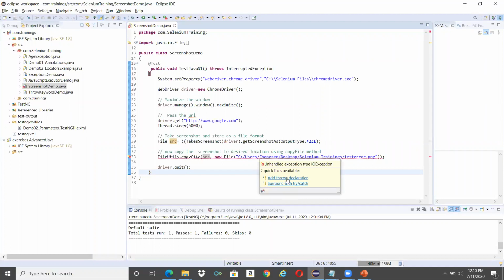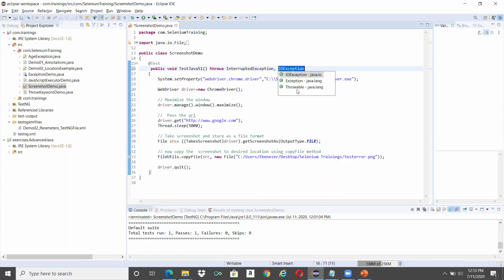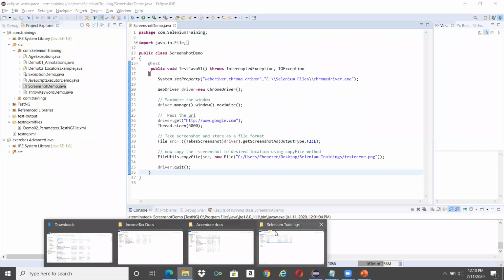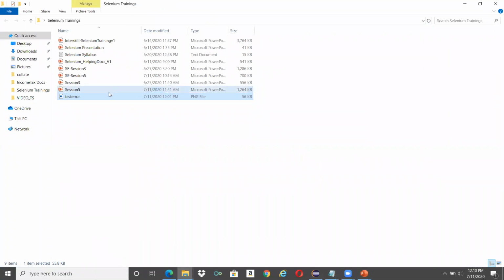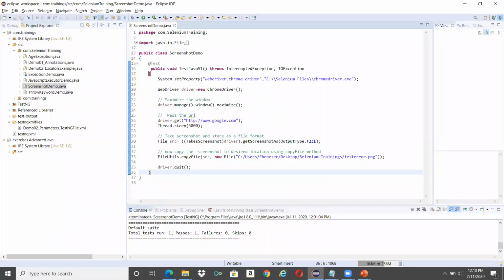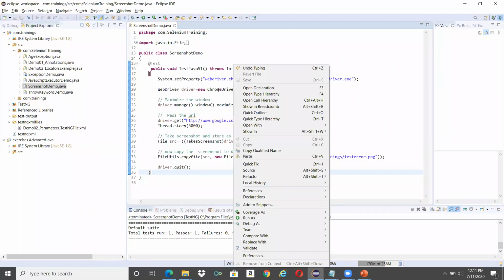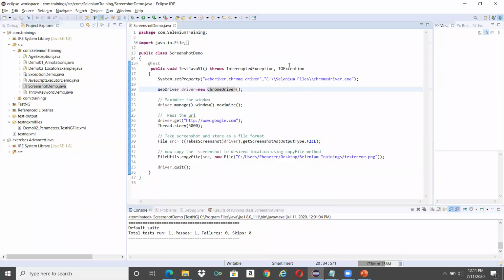So maybe I will first use throws keyword. Okay, now the exception is removed. Let me run this test case. Before running, I will just remove this. I have just used throws IO exception using throws keyword.